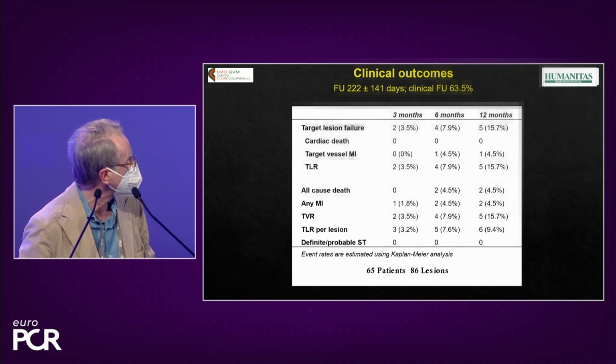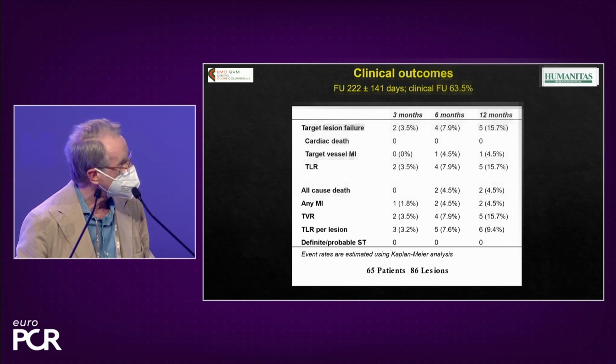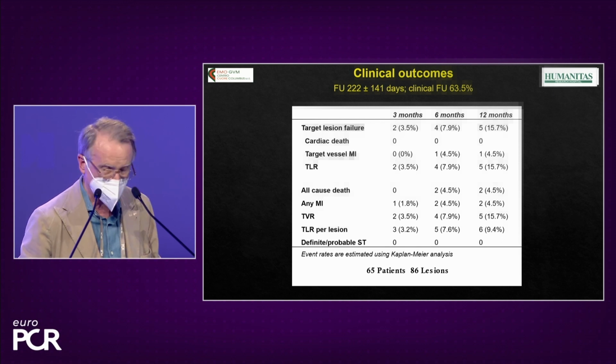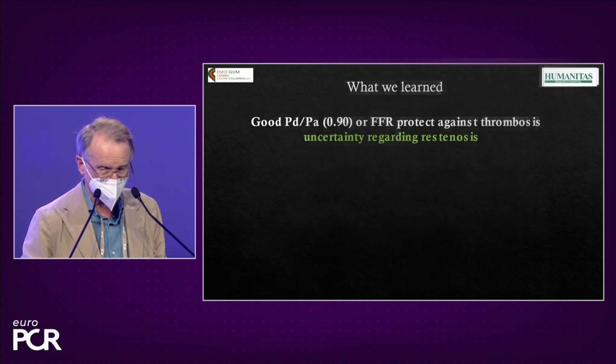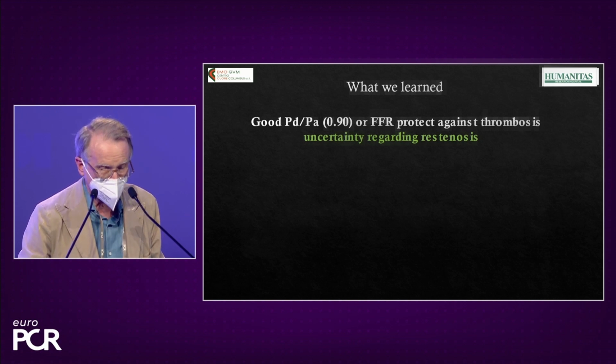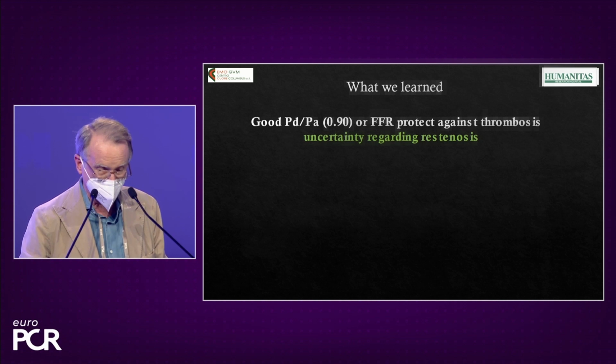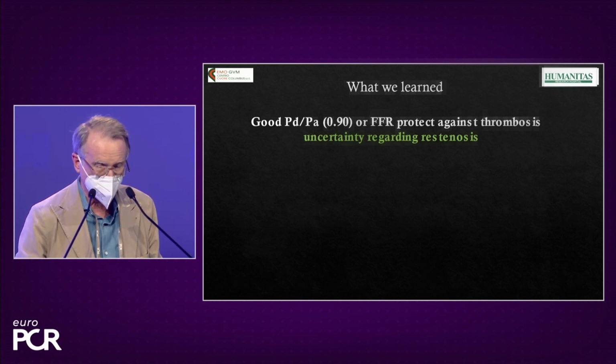We have 0 stent thrombosis. Of course, out of 65, we cannot claim much, but again, 0 is definitely a comforting number. So what we have learned so far: good PDPA, I set 0.9, but again, it needs to be validated, or